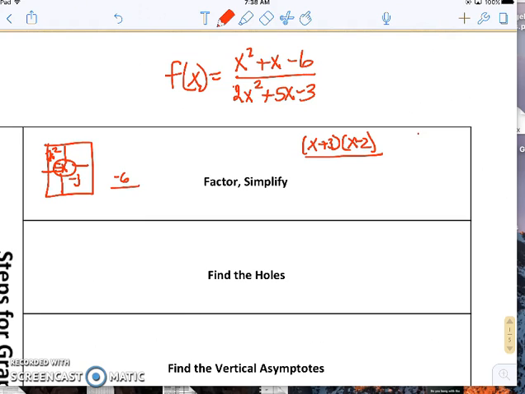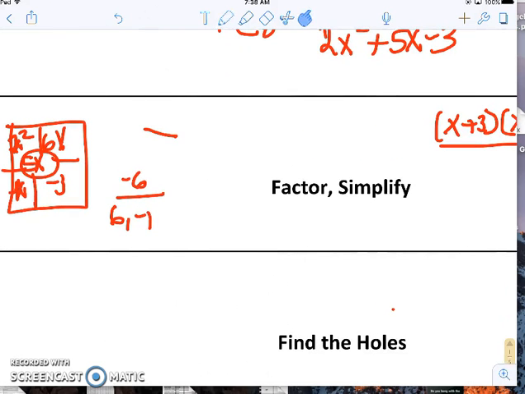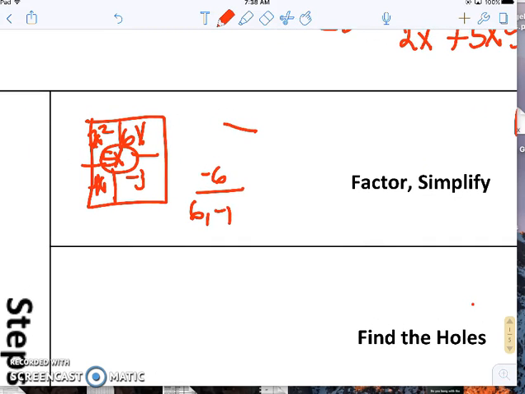So it multiplies to negative 6 and adds to 5. That's 6 and negative 1. So we have 6x and negative 1x. It's kind of a mess there, I apologize for that. If we factor it, we'd have 2x, x plus 3